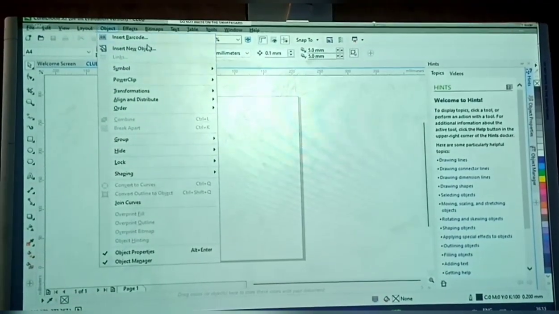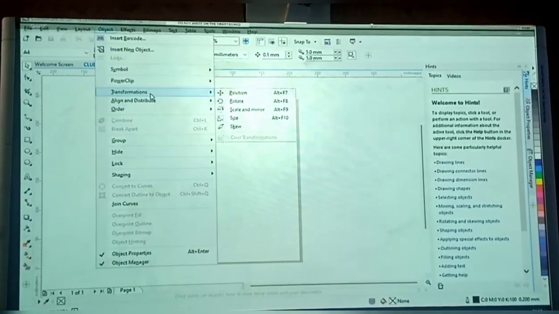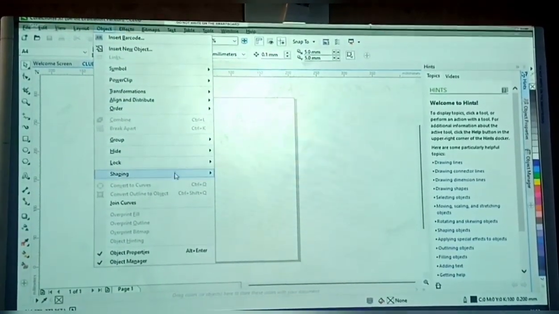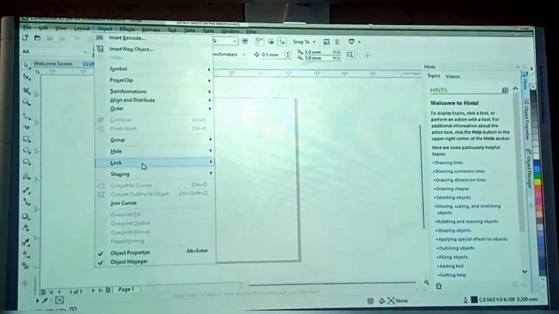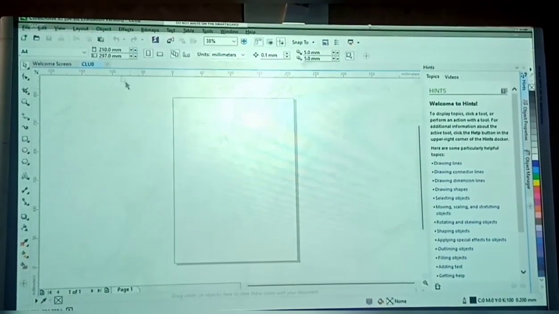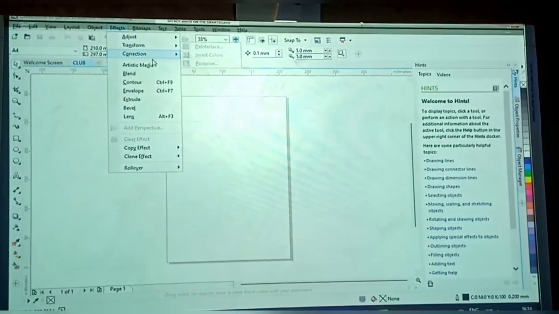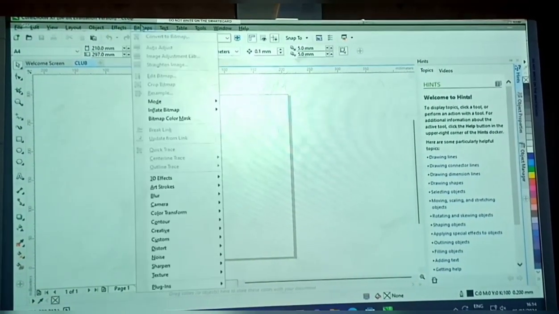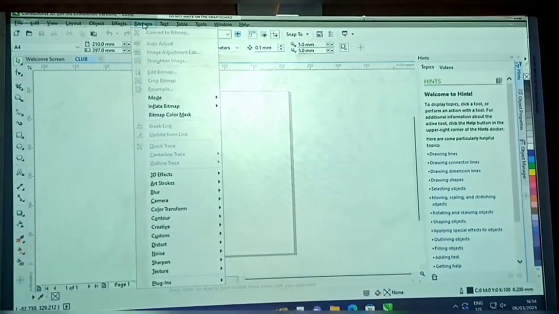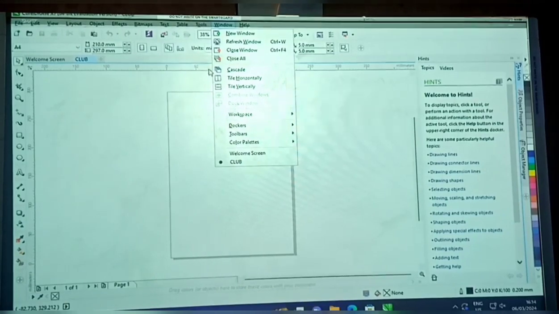Have the insert barcode, insert new object, we have the symbol, power clip, transformation, align, and so many good things hapa tutatumia. Utakuja kuona how useful are they tutakapokuwa tunafanya vitu vingine. Then we have the effects, adjustment, transform, correction. Hizo pia tuta interact nazo. Bitmap is all about tukitaka kuedit the pictures, images. Then you have the text, tables, and then under the